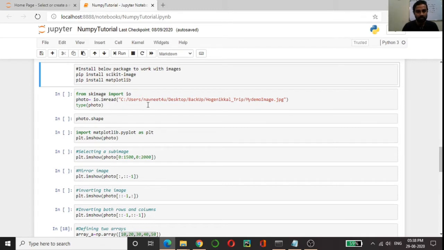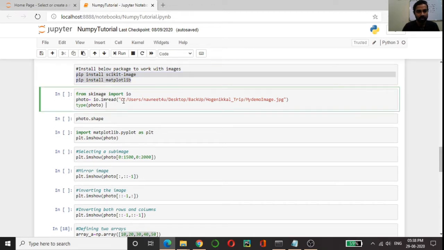So first of all, to import any photo or picture, you have to install these libraries. If you have not installed them, please run these commands and install the libraries. After that, I am just giving a picture from my laptop. This is my local path.